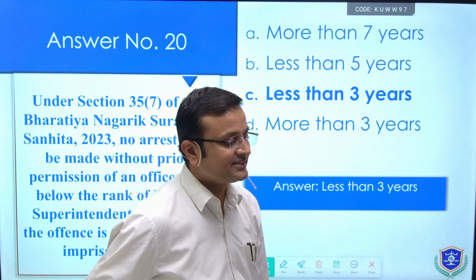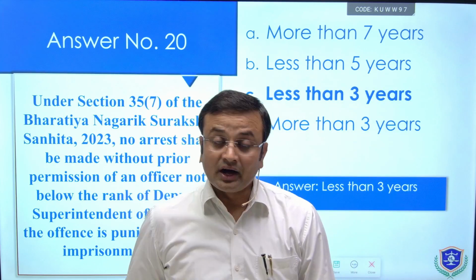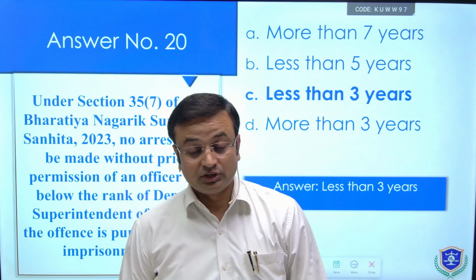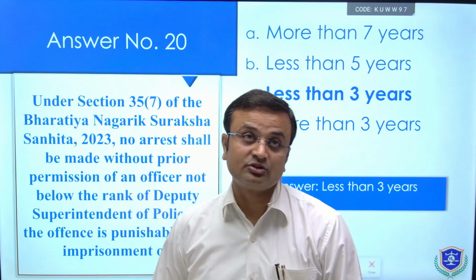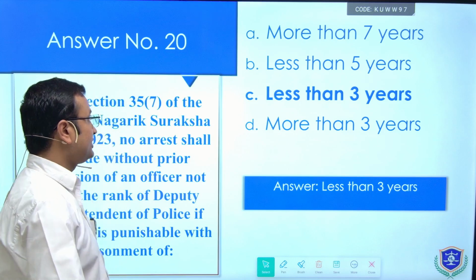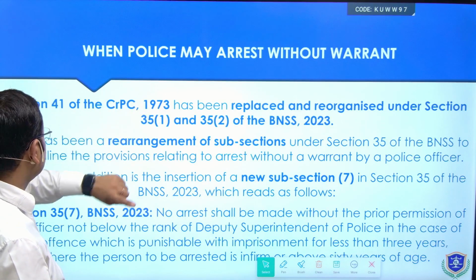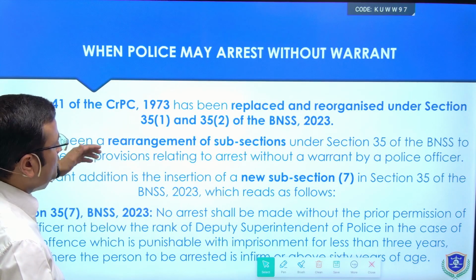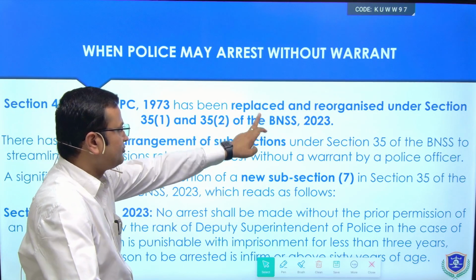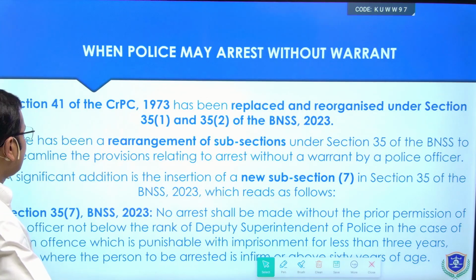If an offence that has been committed is punishable with less than 3 years, arrest can only be made with the prior permission of a police officer not below the rank of Deputy Superintendent of Police, or you can say the ACP. Where is it given? Let's see the explanation. When police may arrest without warrant, which is given under section 35 clause 1 and 35 clause 2 of BNSS, which was earlier section 41, and it clearly says